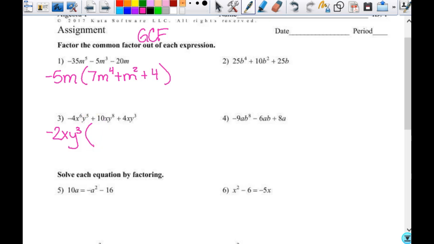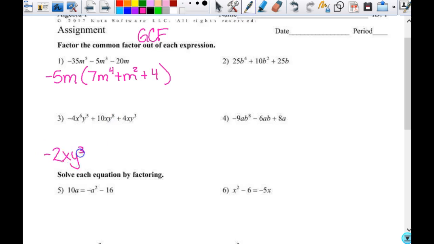-4 divided by -2 is +2. And then x to the 6th divided by x is x to the 5th. And then y what? Squared. Right? Then -10. And I've seen some of you, and I probably should have written it this way. I don't really have room. Let me rewrite mine. You don't have to, it's not wrong, but what was my GCF? -2y